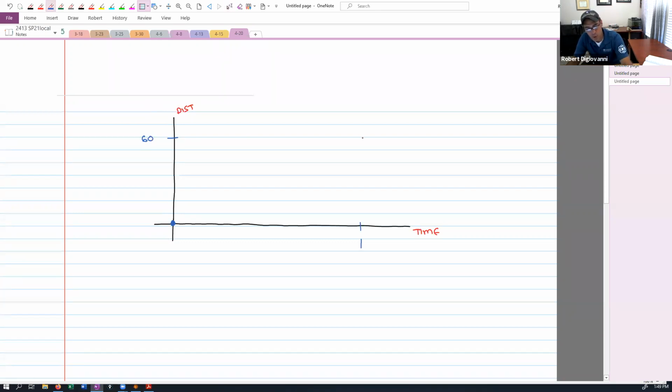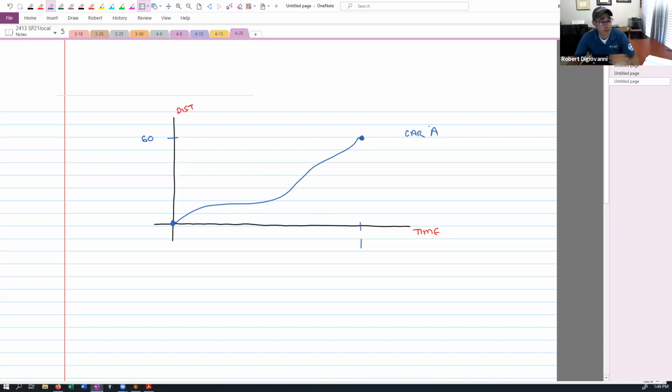So I've got to get to this point. And I can get from this point to this point as long as I connect it with a continuous curve, right? Because the car is not going to disappear. At every point in time in the trip, the car was somewhere. So it doesn't matter how I draw this. Let me just draw it. Okay, there it is. So that is car A.